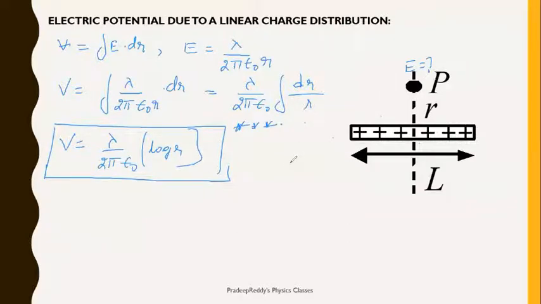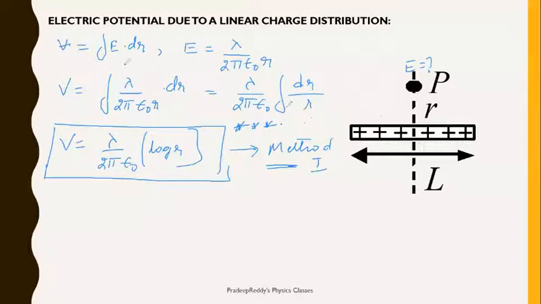This is one way where you can find electric potential, and this is method 1. It is a simple method, because you know the electric field already. We have calculated that electric field, and you substitute it in the basic equation where V is equal to integration of E dot dr, and you will get the electric potential. So this becomes very simple.